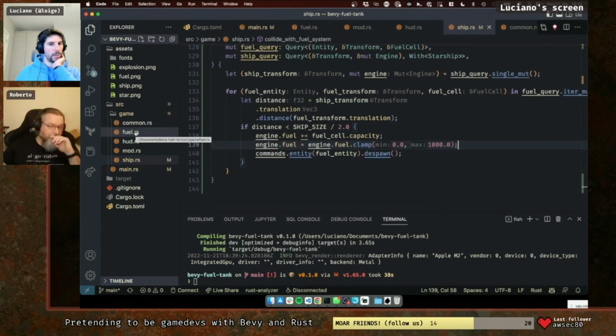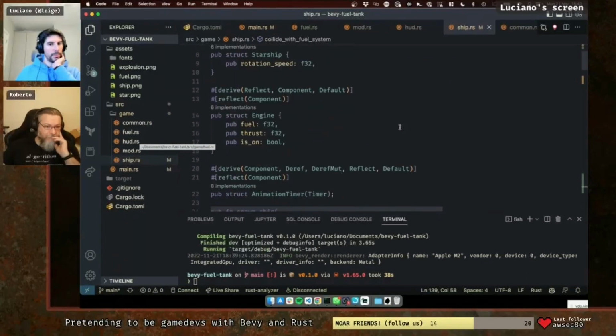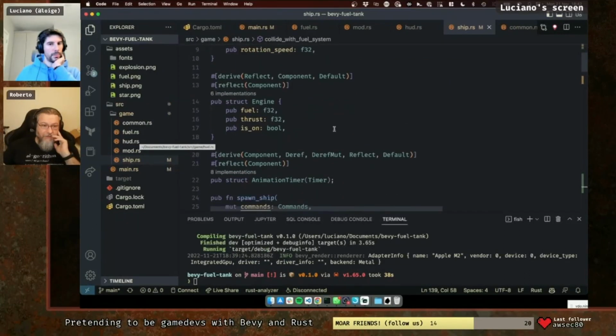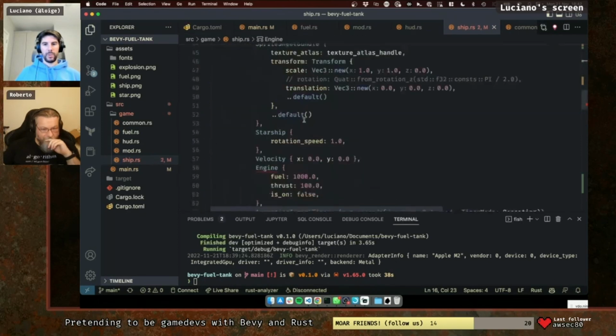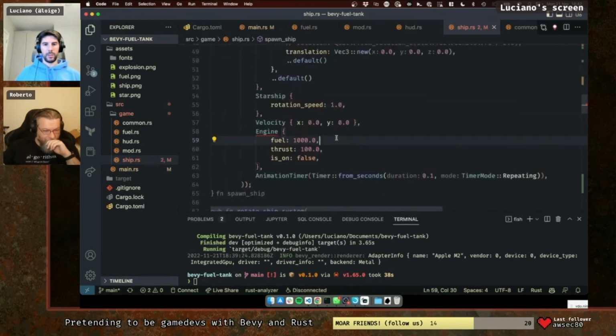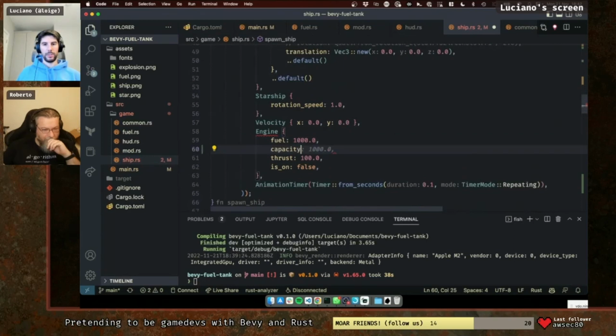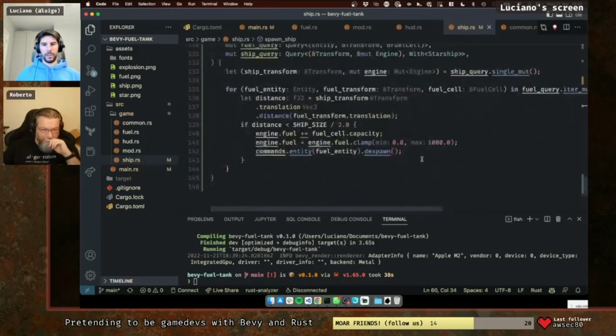In the engine class, probably. Or in the ship. What do you think? Let's put it here. Let's put capacity, max fuel capacity. And when we create it, we need to set the capacity. And here we basically need to clamp to